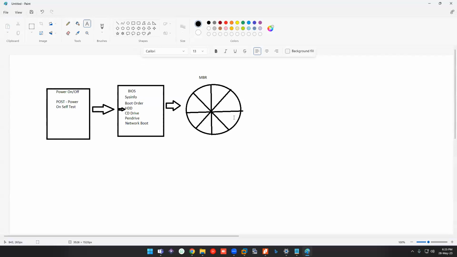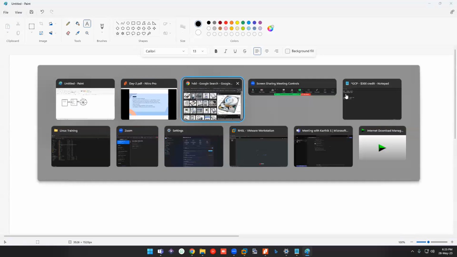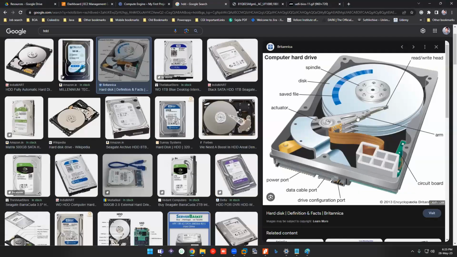Because if you see in this diagram, this is your IO head, and it will be moving so fast, reading the whole disk. So it needs to identify which one to be booted first, right? That is the reason in the old days your hard disk would spin for some time after BIOS. Why? Because it needs to detect or read that MBR.